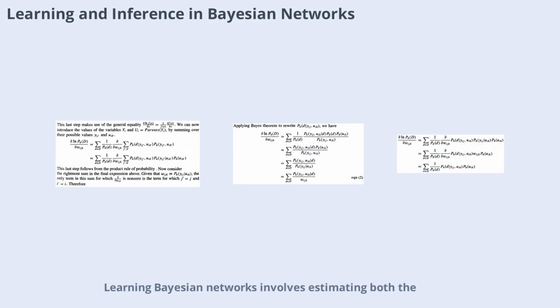Learning Bayesian networks involves estimating both the structure and the conditional probability tables from data. When the structure is known and all variables are observable, learning is straightforward. However, when some variables are hidden or the structure is unknown, more advanced algorithms like gradient descent or the EM algorithm are used. These methods allow us to optimize the network parameters and make accurate inferences, even in complex, uncertain